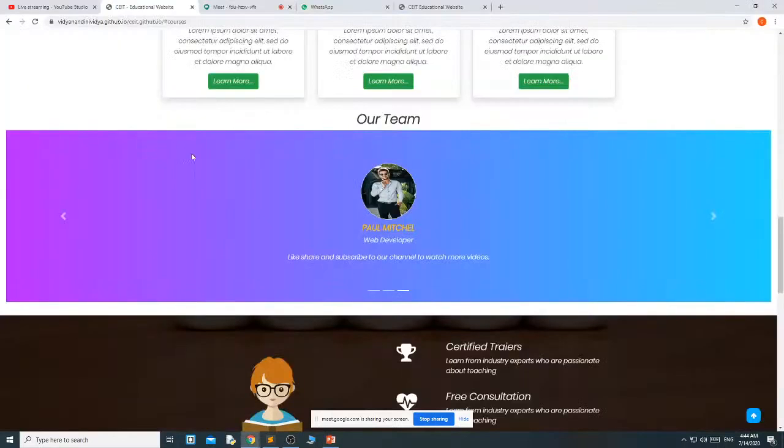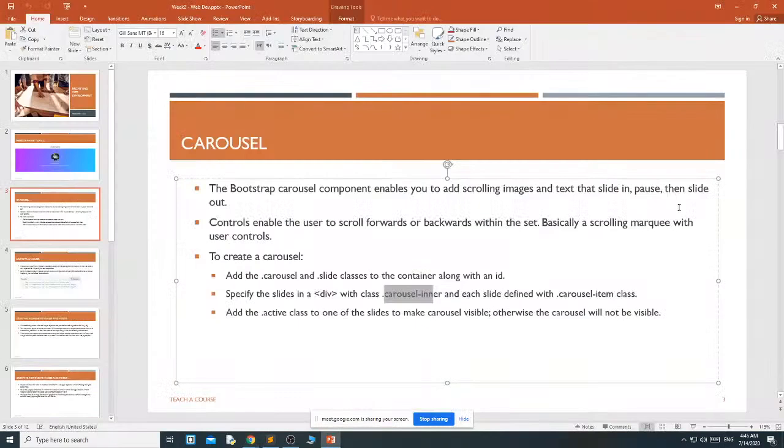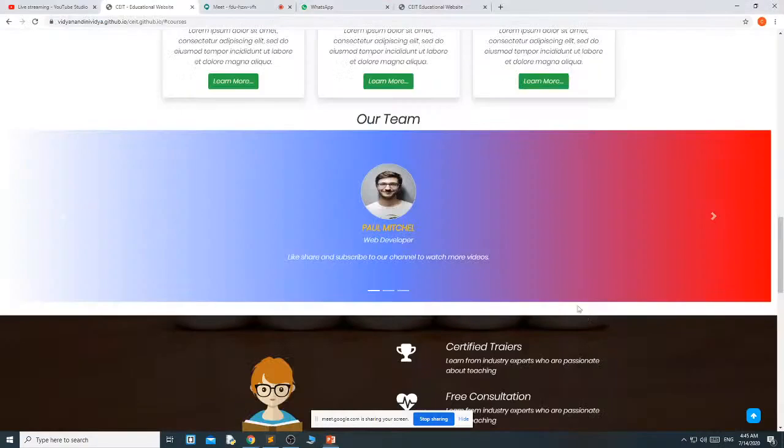See, these are the carousel inner. Each slide is a carousel item inside the carousel inner. In my carousel item, one image, two headings and one paragraph. These are the carousel items, and this is the carousel inner.